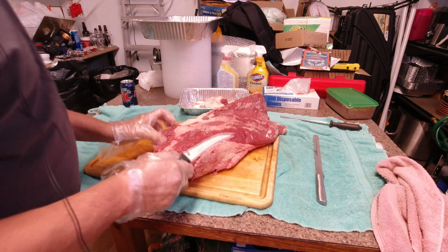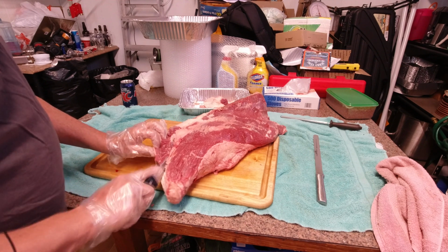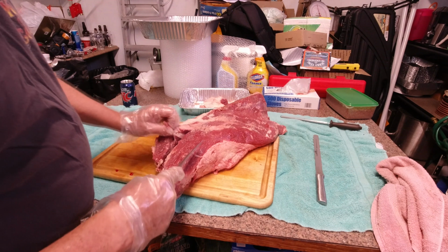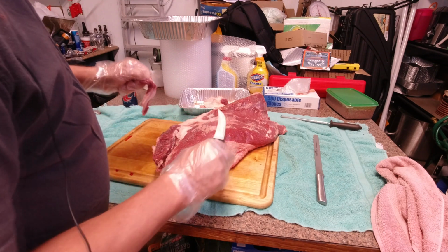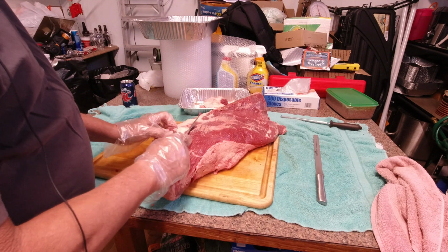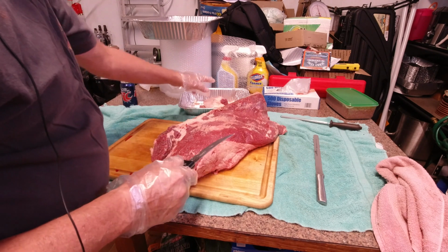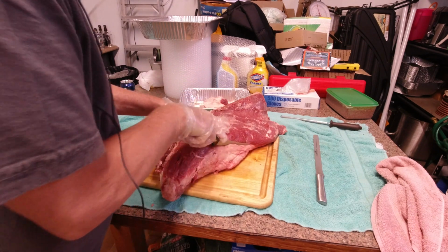Now, usually, like I had mentioned, I think in part 1, I would typically try and buy the trimmed briskets, but right now you just can't find them. You got to kind of take what you get. So I do this, and it makes it taste good from my perspective. It's got to have a certain amount of fat to it, but you don't have to be crazy with it,